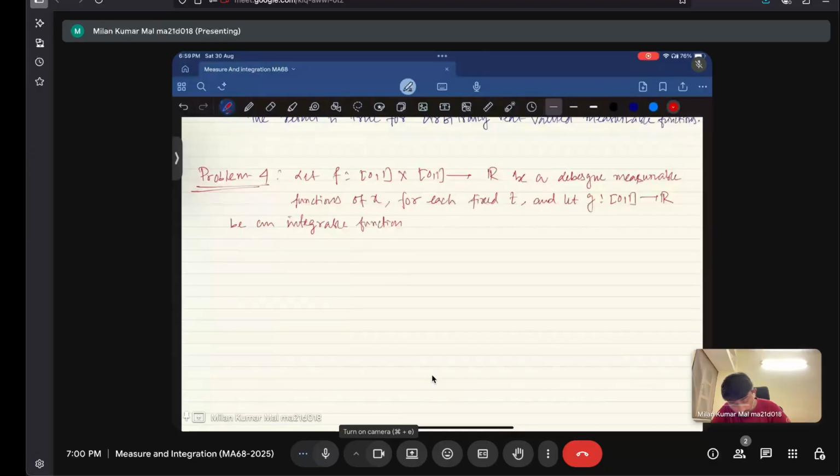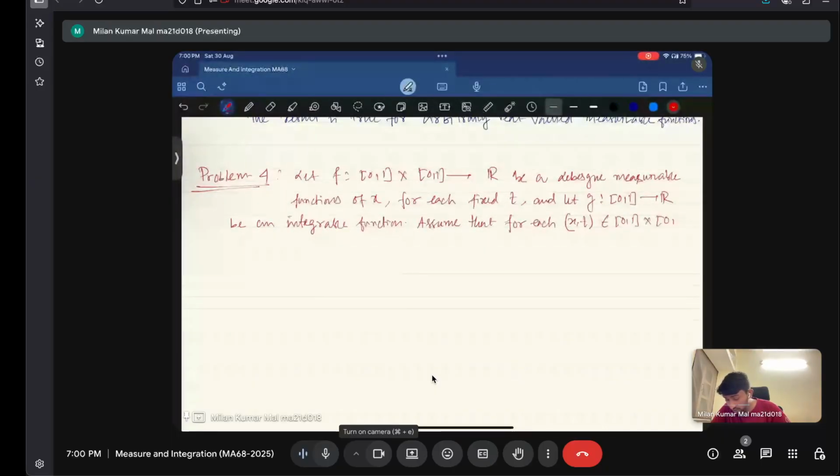Assume that for each (x, t) belonging to 0 1 times 0 1,